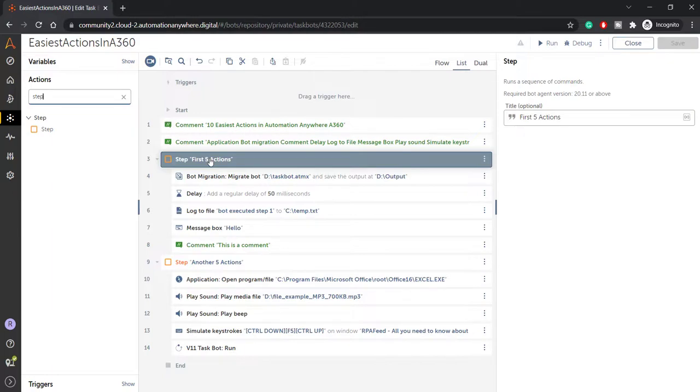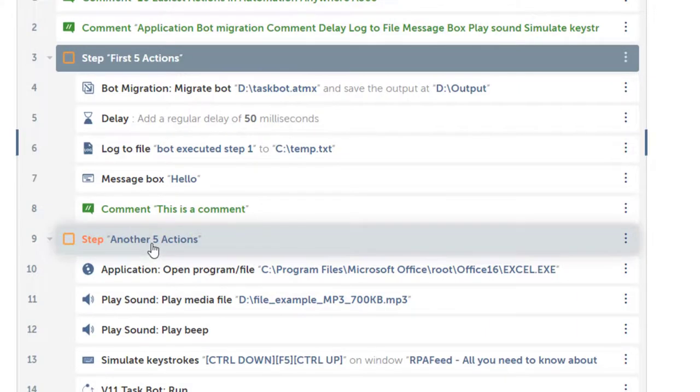First is logging in to a website, then extracting some data, and then processing that data. So you can eventually have 3 steps: first your login step, then your data fetching step, and then your data processing step.